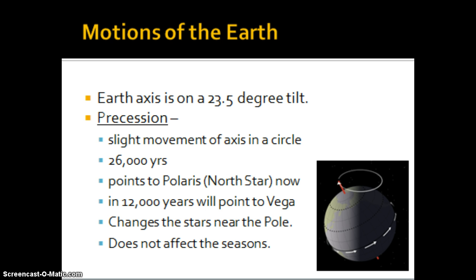Precession is the slight movement of Earth's axis. Earth's axis is tilted 23.5 degrees. As we are rotating, the axis is not able to stay in one set point. It has a very slight movement in a circle. If you look at the diagram in the lower right hand corner, you'll see that it is moving in that circle very slowly, and it makes a complete cycle once every 26,000 years. Currently we are pointing at Polaris, the North Star that we know, and in a little under 12,000 years we are going to point at Vega because of the change in our precessional axis, and we will then consider Vega as our North Star.